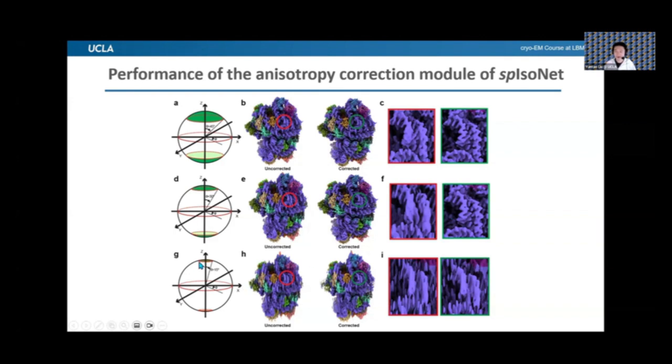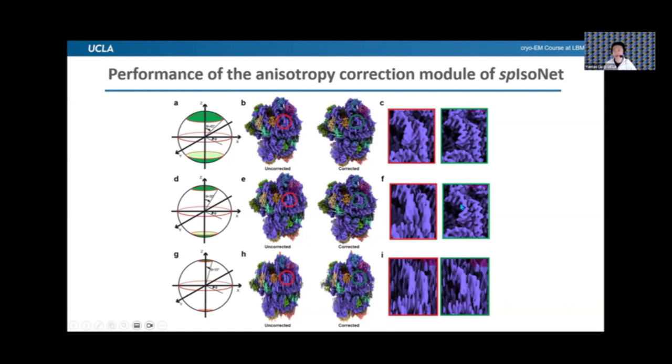And in the 15-degree case, the original is really bad. After correction it helps a little bit, but not too much. So that means we have a limitation of this algorithm. The limitation of the algorithm becomes a 15-degree missing cone. So if you have a missing cone better than 15 degrees, this algorithm should work as good as